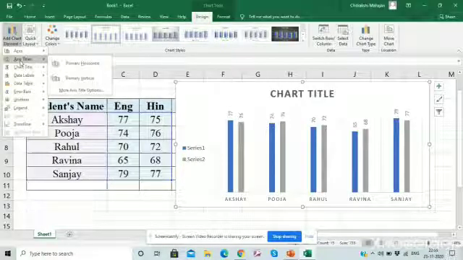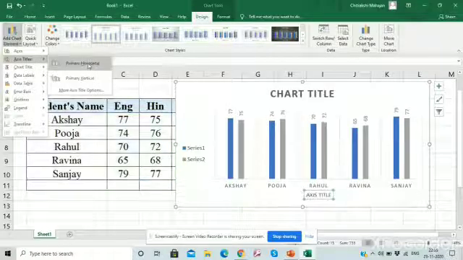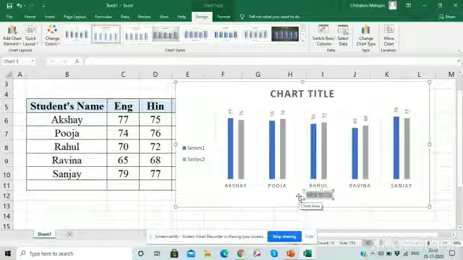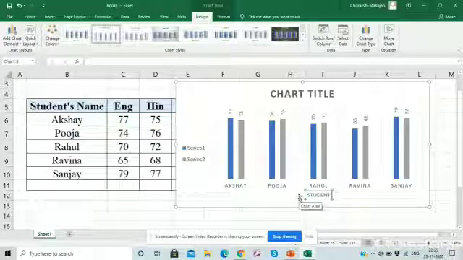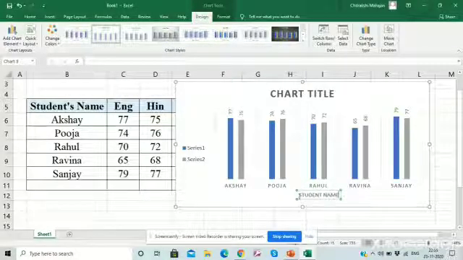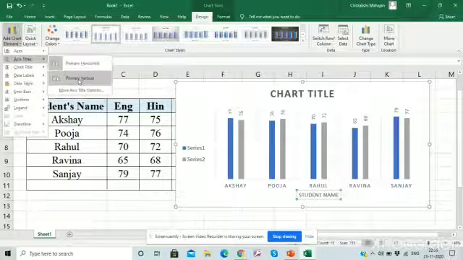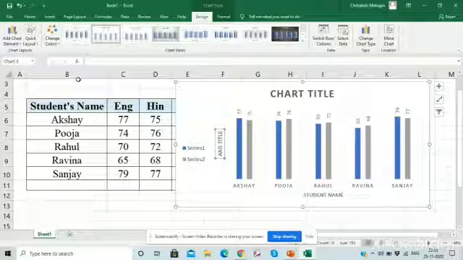Axis title, you can add here: student name. Now we can add this axis title for the vertical axis also.